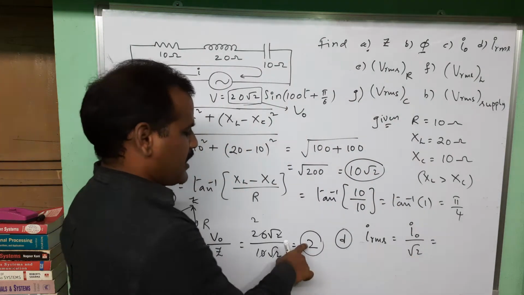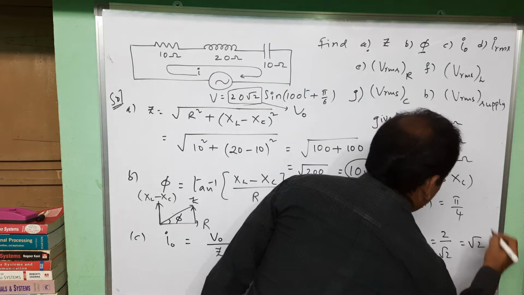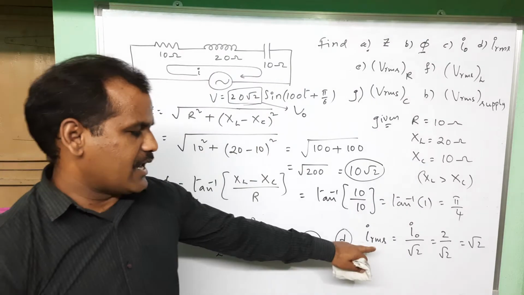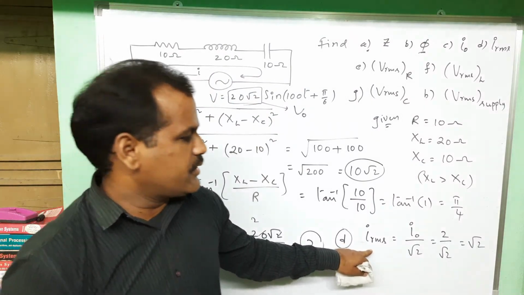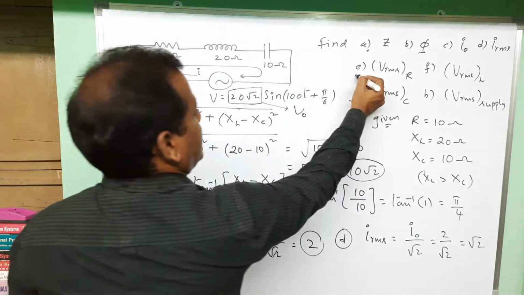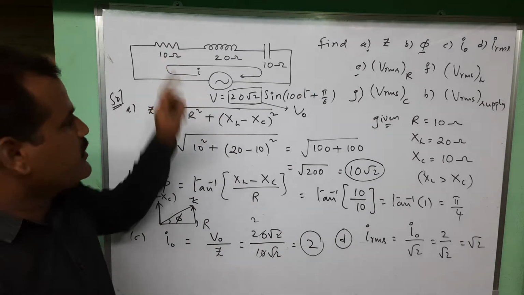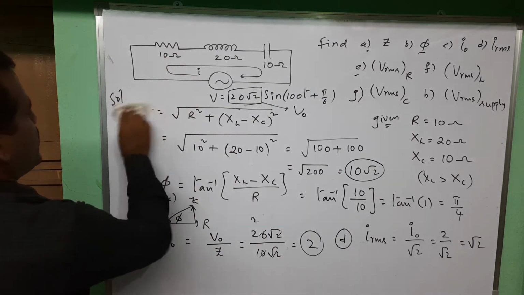So I naught we already got as 2. So 2 by root 2 is root 2. So we got the RMS value of the current flowing through the circuit as root 2 amperes. Next, E, the RMS value of the voltage across the resistor in the circuit. For that, the formula is